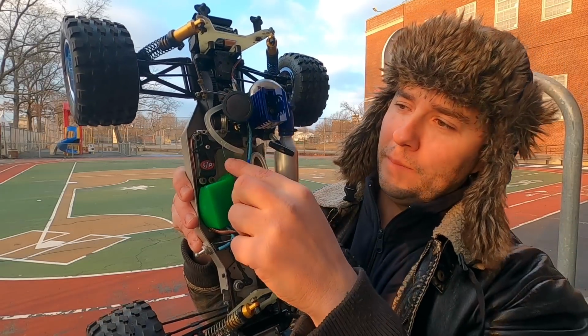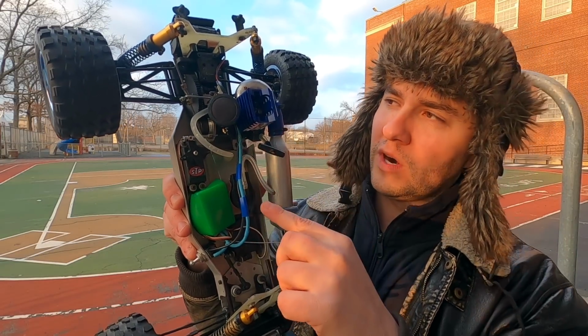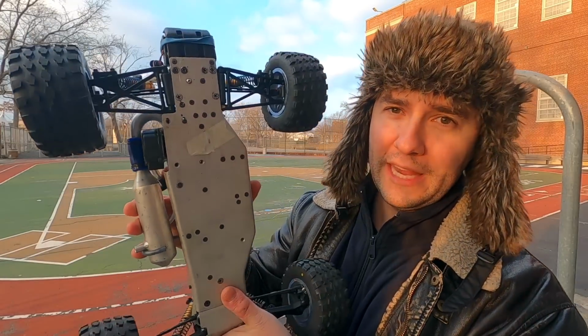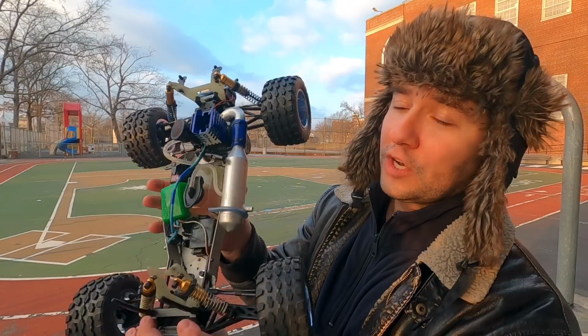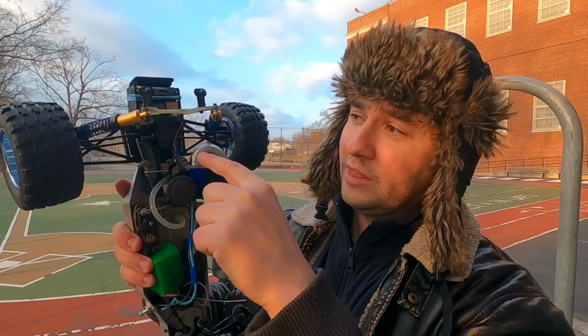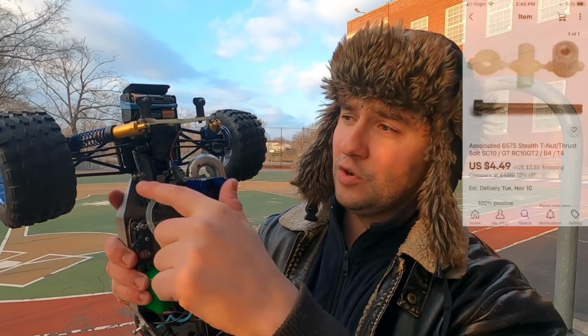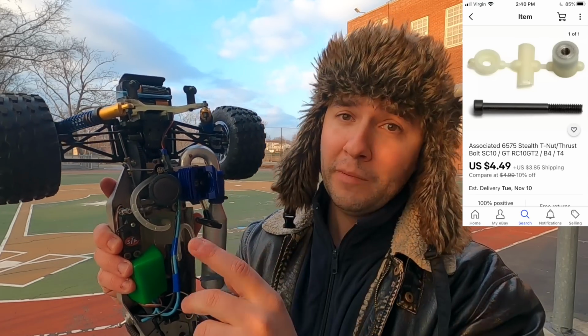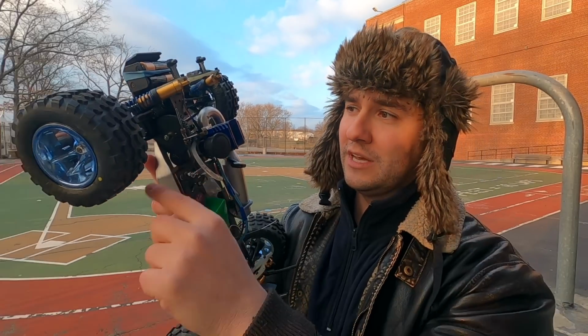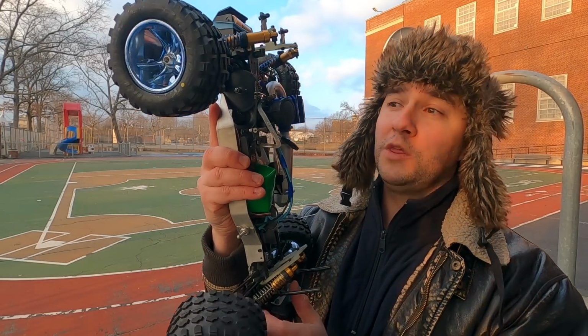I put in new fuel lines, I did some other work. I know a lot of people are working on chassis just like this, and I could almost guarantee you, you are going to run into a problem with the ball diff being loose and then your thrust nut breaking. You're gonna have to replace that, and you're probably gonna run into issues with terrible brakes. This one, I ran into issues with both, of course. So let's...